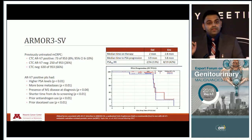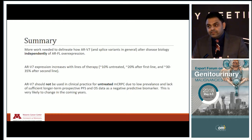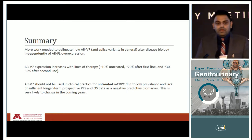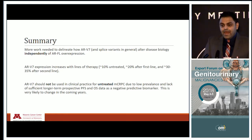The problem is not PSA response. The problem is there is no change in radiographic progression-free survival. So yes, the PSA drops, but no, it does not matter. So I'm going to take the luxury of going out on a limb here, but I think